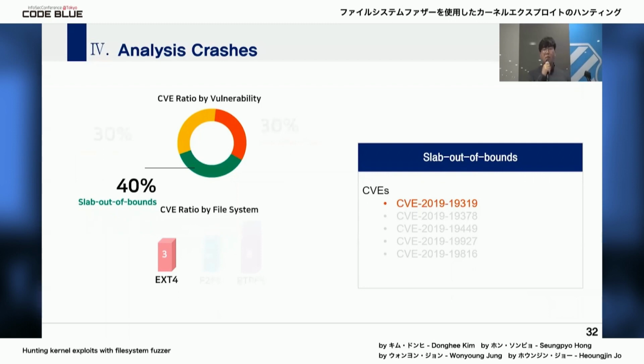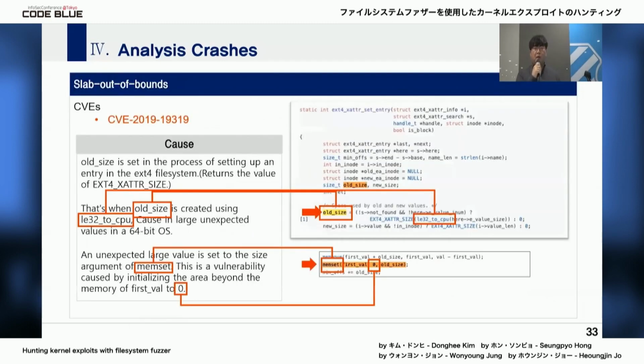Next, the slab out-of-bounds vulnerability. The variables old_size and new_size are set during the process of setting up an entry for the ext file system. These two variables are defined as size_t.